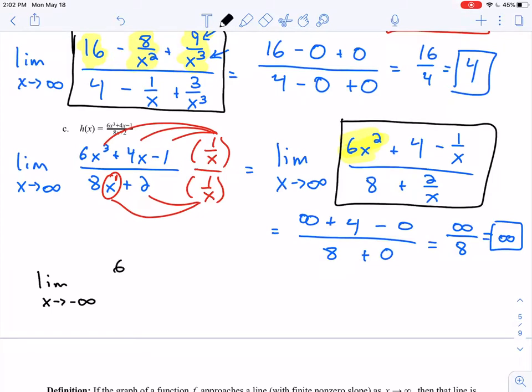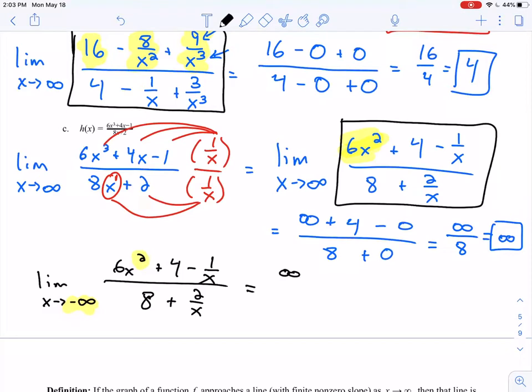So 6x squared plus 4 minus 1 over x all over 8 plus 2 over x. So once again, this time we will have to pay attention to the power here. So here I have 6x squared, x is approaching negative infinity. In this case, since we have an even power of x, that will still approach positive infinity,